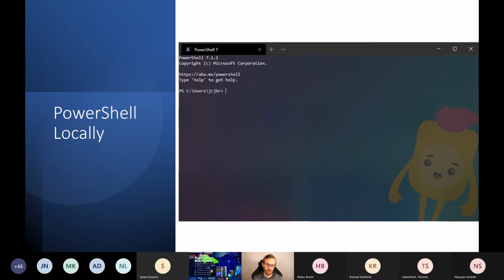The downside of this is that there are some compatibility issues with some of the official Microsoft modules. So this is something that is actively being worked on. But if you ever run into a scenario where you get a strange error that says it cannot load a certain DLL or anything like that, try to run the same command in Windows PowerShell, and you might have a better experience. If it still doesn't work, at the end of the session, I'll have my Twitter handle out. That's probably the easiest way to get in touch with me, and I'll be happy to help you out.